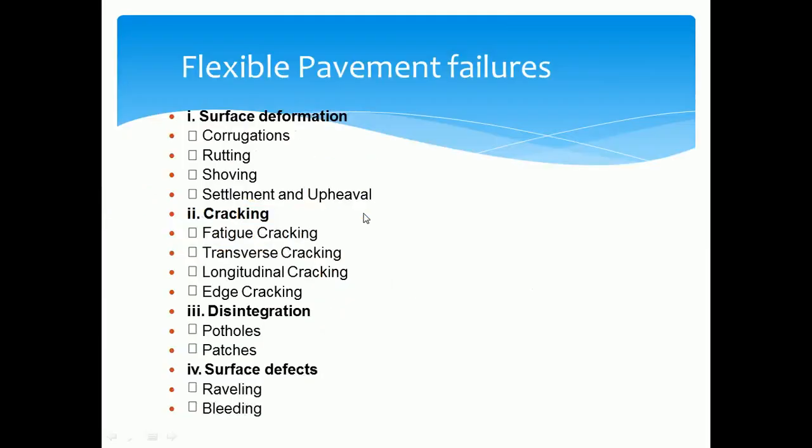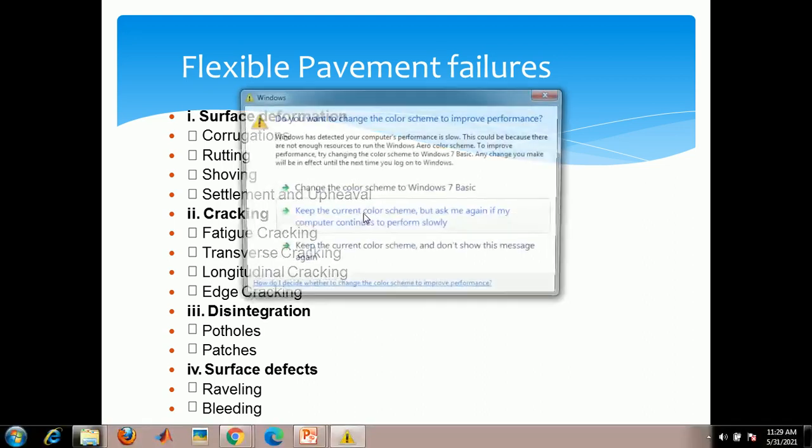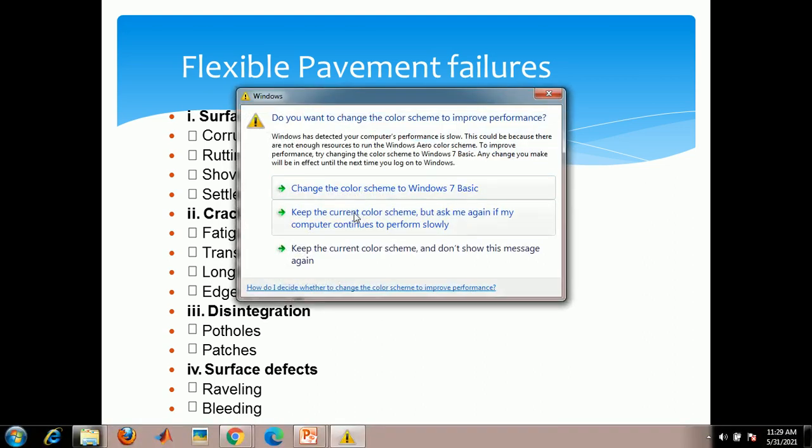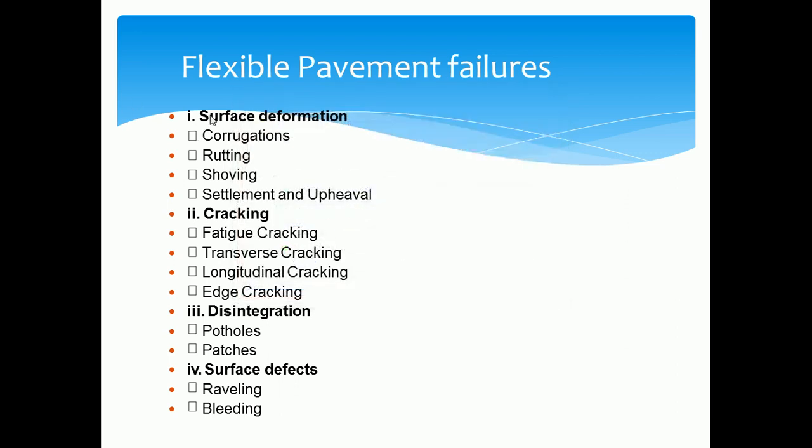We may observe the type of the failures, that is subgrade as well as the base courses. Whatever the types of failures you are observing here, these are all surface failures, that may be the corrugation, rutting. So what are all the different failures have listed here, we have to discuss in detail regarding this module, that is pavement failures, maintenance and evaluation.